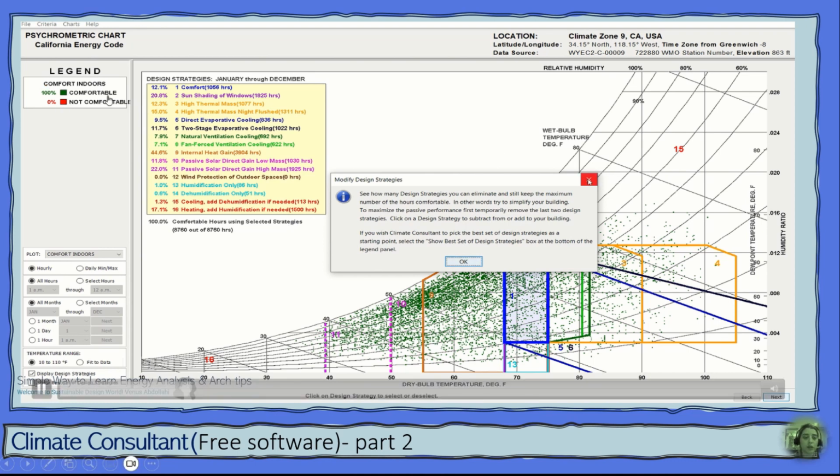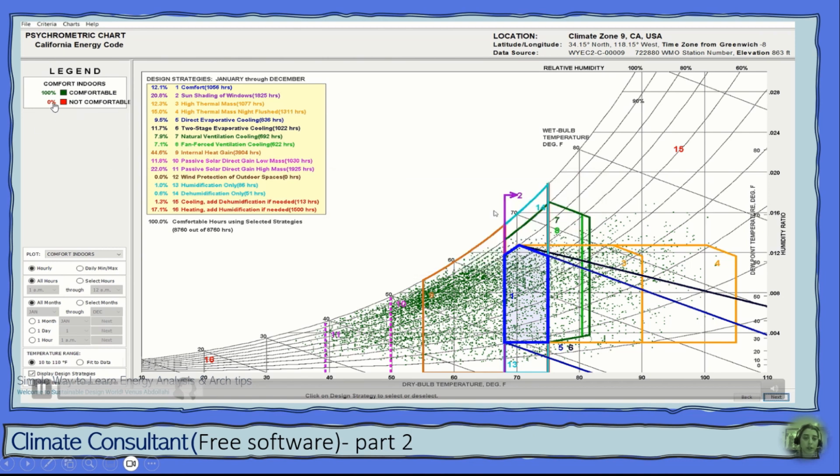This is the legend. As I told you, it's important to know what the comfort zone is, and this is the non-comfort zone. You can see here 0 to 100. It is important to reach 100% to receive the comfort zone. This is for different elements or factors that you can calculate, and below is the hourly or daily,